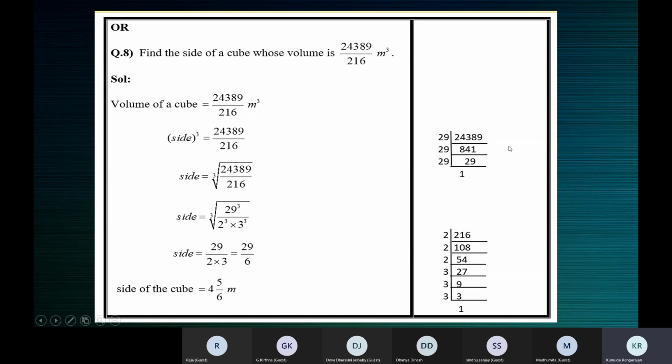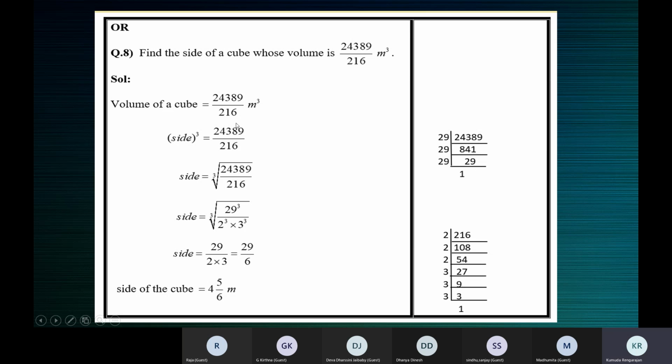So I was telling you that since it ends with 9, the number can be 19, 29, 59. So try 19. It will not be divisible. Then next you try 29. It will be divisible. Like that you find it.